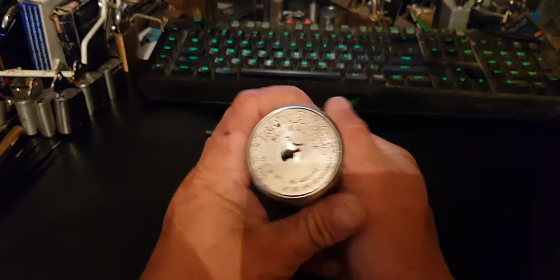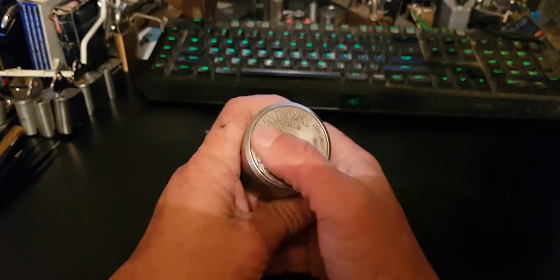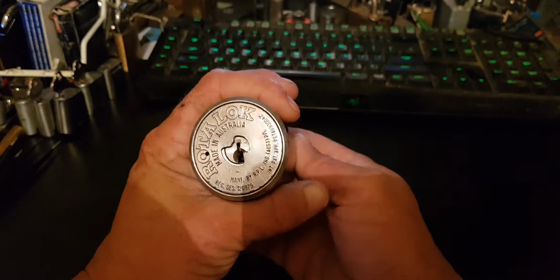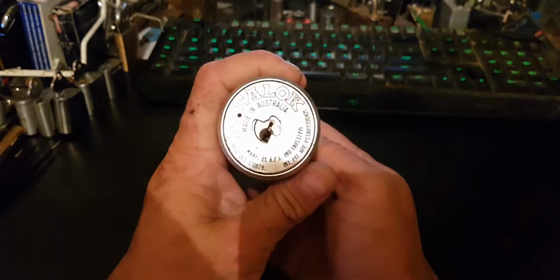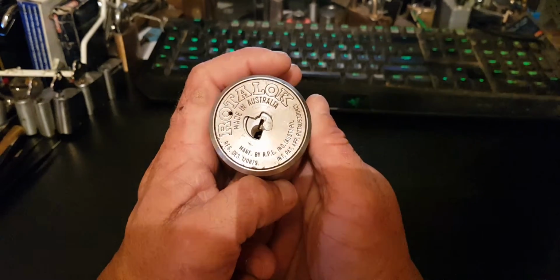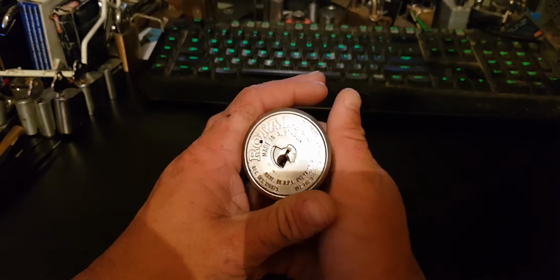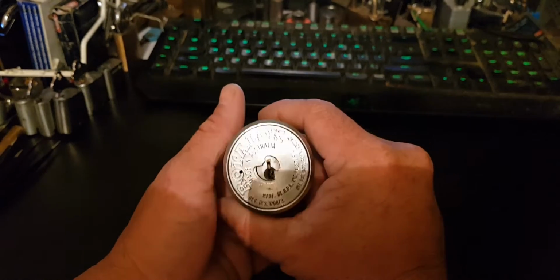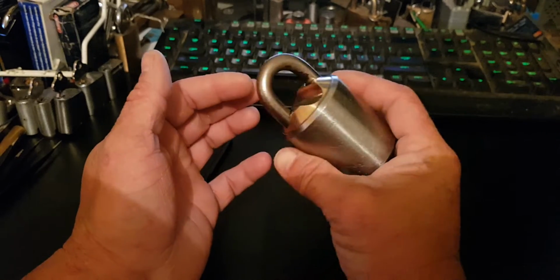And according to Ben's post, it says that Love It Tools in Greensboro were responsible for manufacture, so I'm not sure about the discrepancy between this bottom plate and what Ben says. I have no reason to doubt Ben, so I'm going to see if I can get some more information on that. But moving on,